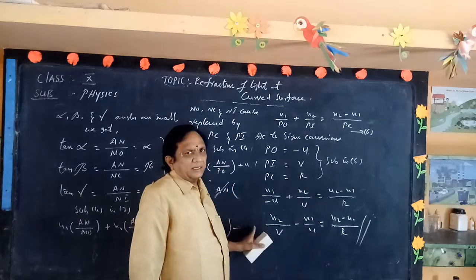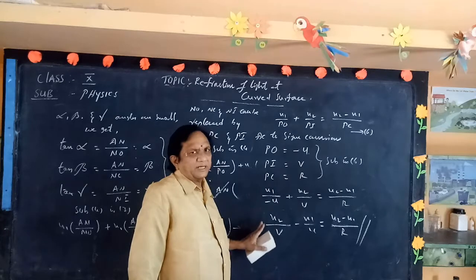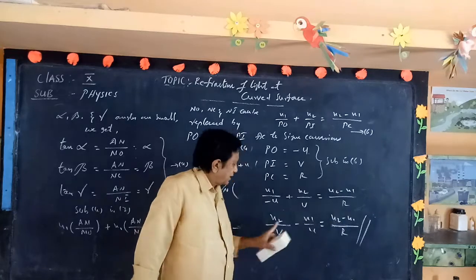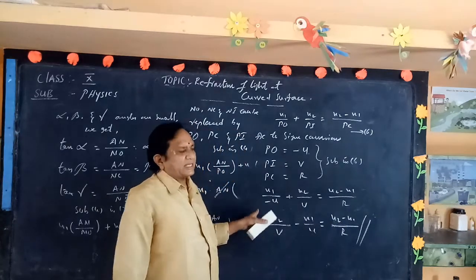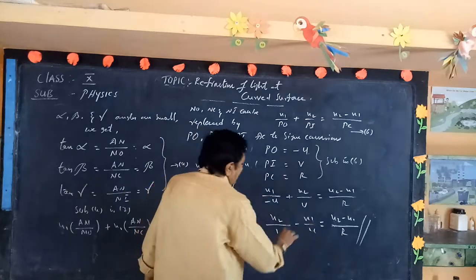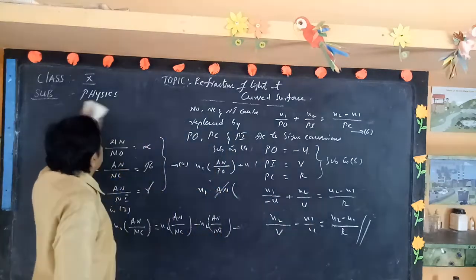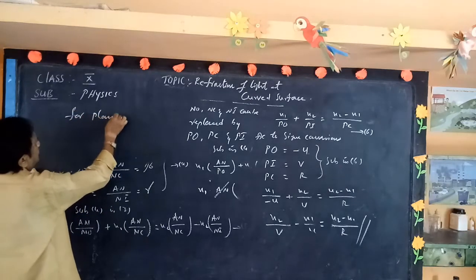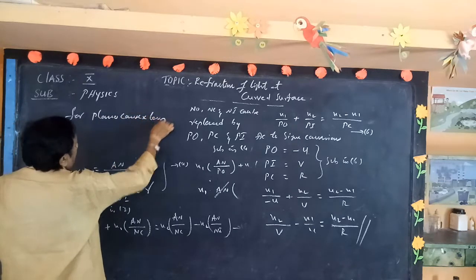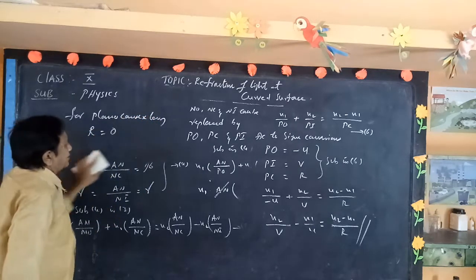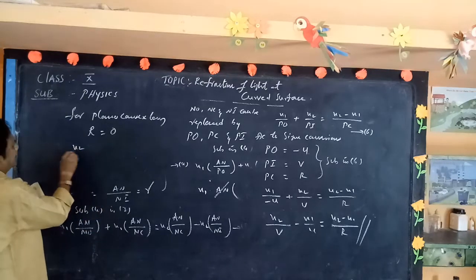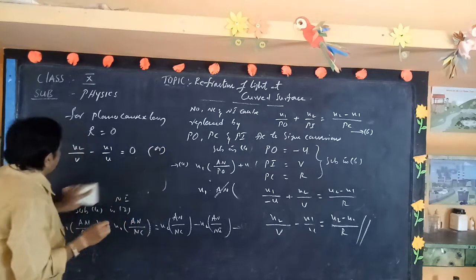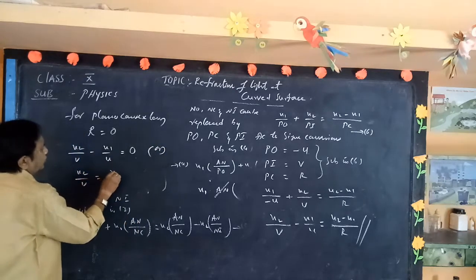Suppose it is for convex or concave lenses, whatever, that image formation equation will be the same. But in case of concave, here radius of curvature becomes minus. And suppose the lens is used as a plano convex lens, there is no radius of curvature. So that's why R becomes 0 in that condition. For plano convex lenses, R will be 0, radius of curvature becomes 0. Therefore, what you get? n2 by V minus n1 by u is equal to 0, or otherwise n2 by V is equal to n1 by u.